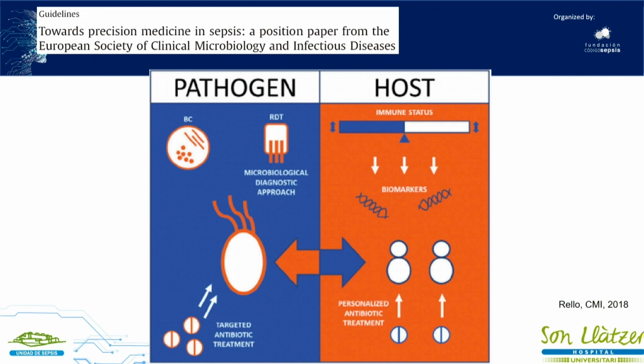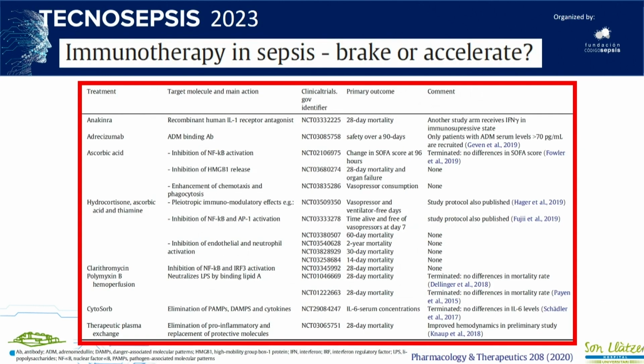You talk about PKPD as a parameter that is crucial to make a good administration of antibiotics, but it is necessary to improve this approach. This is the use of personalized antibiotics that depend on different phenotypes and characteristics of patients. It's not the same dose in obese patients or in another patient with 40 kilograms, for example. No? And immunotherapy in the last years, there have always been studies in immunotherapy in sepsis that failed, and the reason is